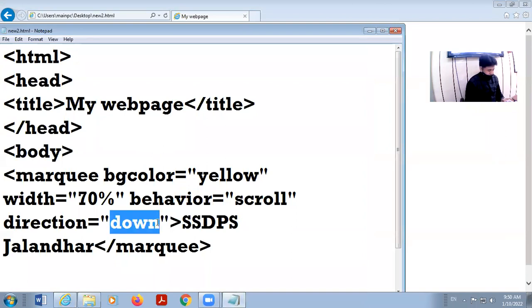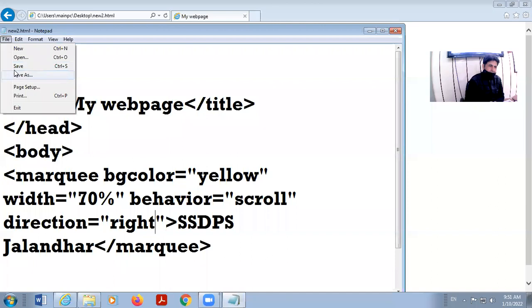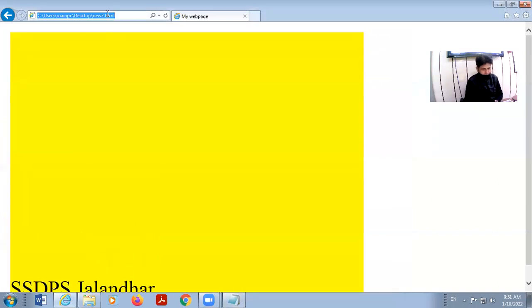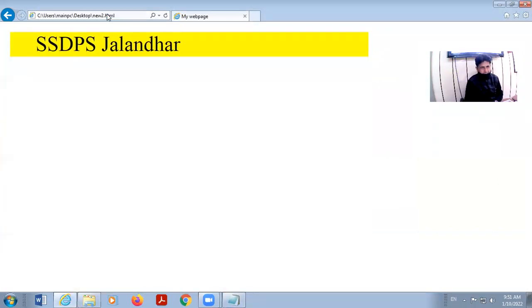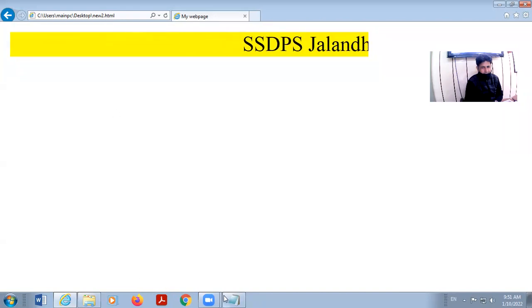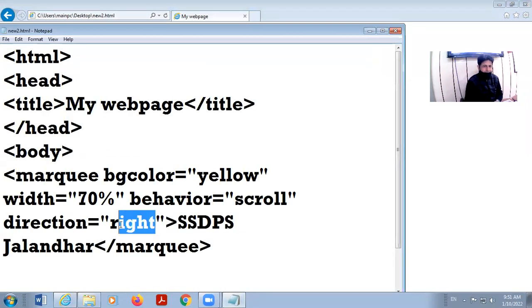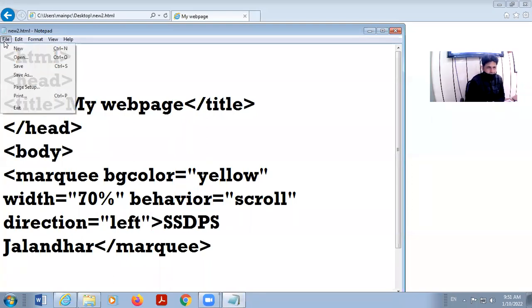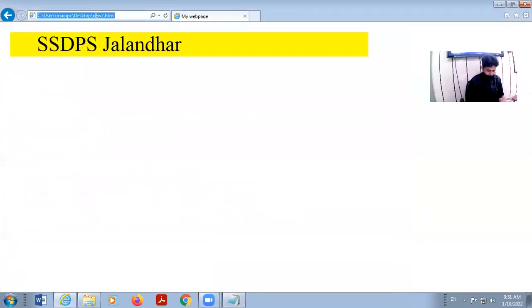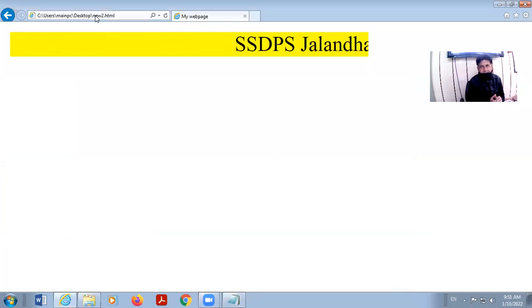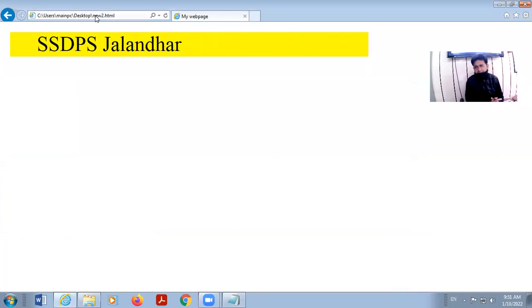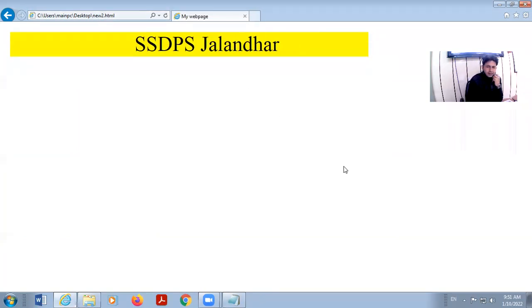Direction equal to right. Direction equal to left. So any doubt in this? Yes, Anvay, any doubt in this?